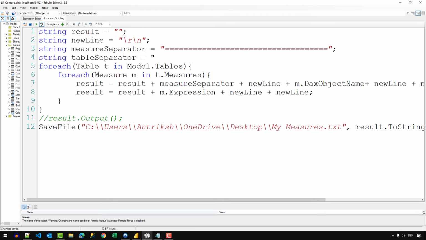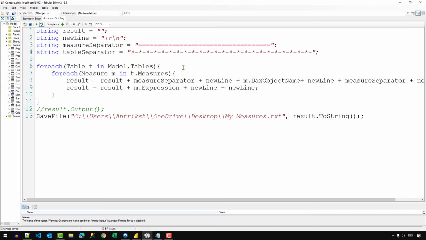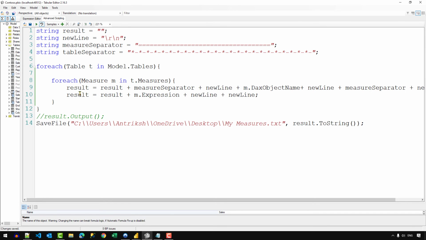I'm just going to show you how that is possible. So I'm going to copy the code from my different screen and paste it here. This one is going to be our table separator. So let's write a semicolon, and then what we are going to do is, before we start the code of the